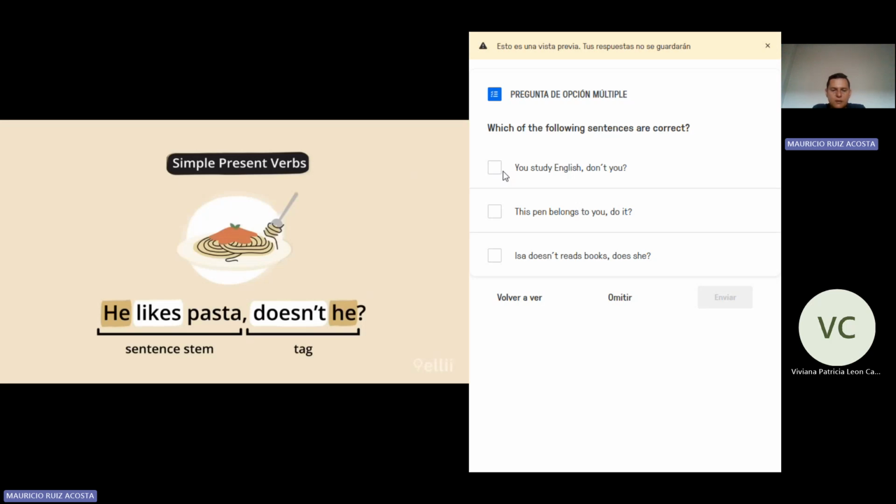Okay, in this sentence, which of the following sentences are correct? For example, in the first one, "You study English, don't you?" "This pen belongs to you, doesn't it?" "Isa doesn't read books, does she?" Which of the following sentences are correct? The first one is correct. And the second one,